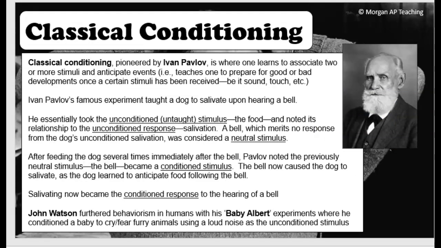So we're going to start with classical conditioning, and that's pioneered by Pavlov. We all know what's coming up soon with Pavlov's name, right? The dog. But it's where one learns to associate two or more stimuli with an anticipated event. So it teaches one to prepare for a good or a bad development once certain stimuli have been received,